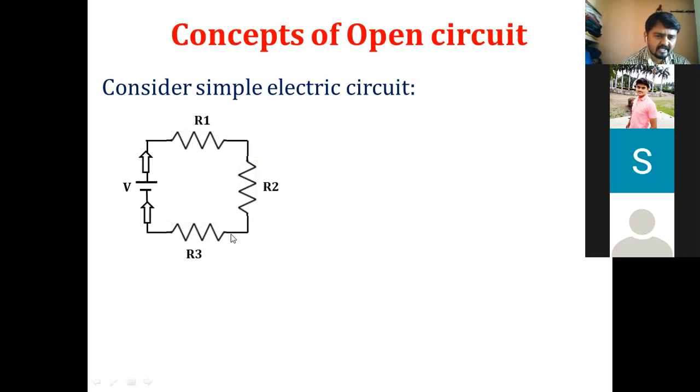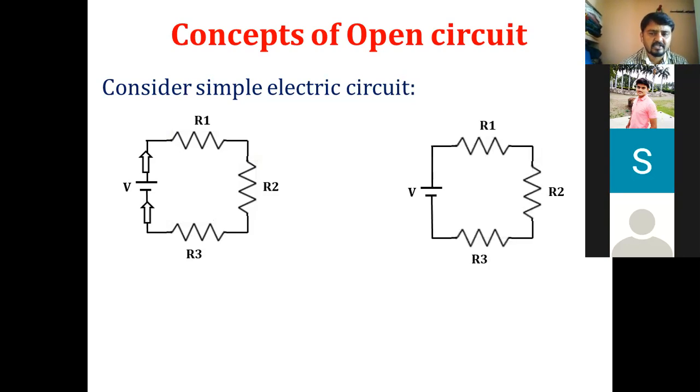We can call this one a circuit. This is completely a voltage source only. It will be there like this. It is a closed conducting path. So the current will start from here. It will flow through R1, R2 and R3 and come back to the negative terminal here. This is the positive terminal. This is the negative terminal here.